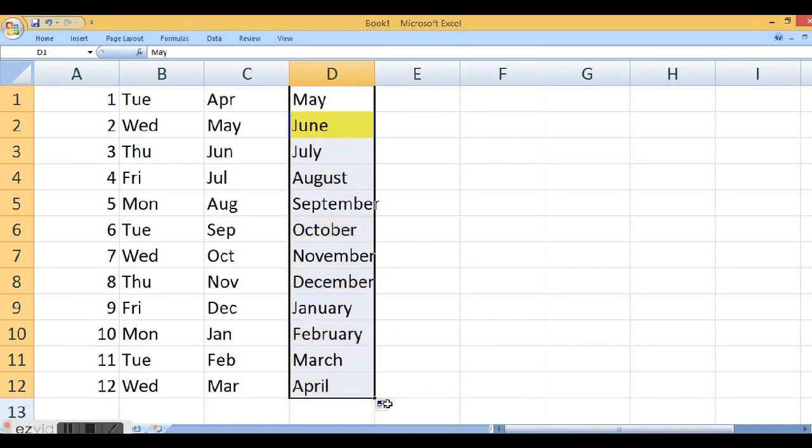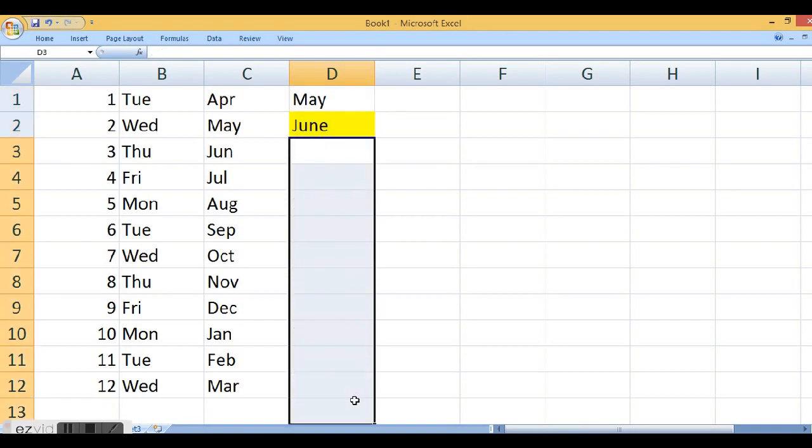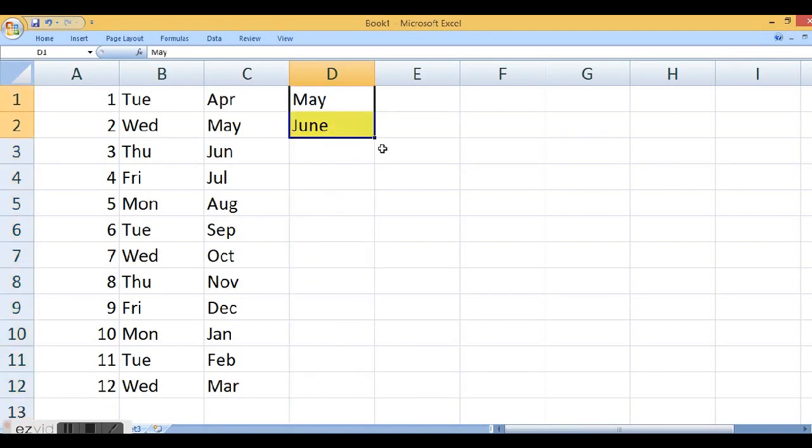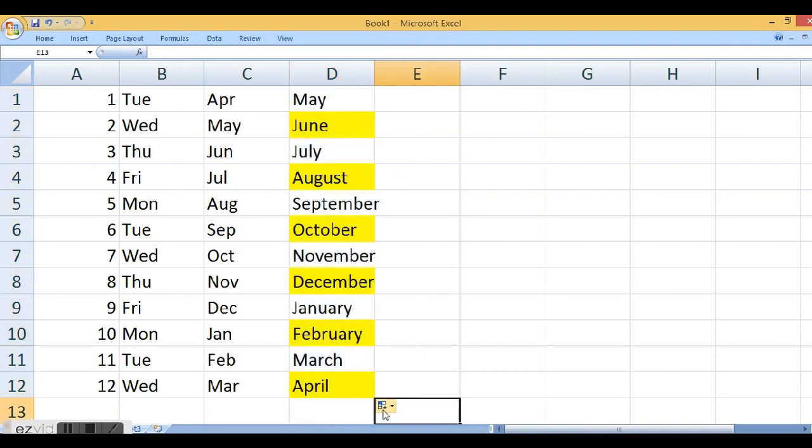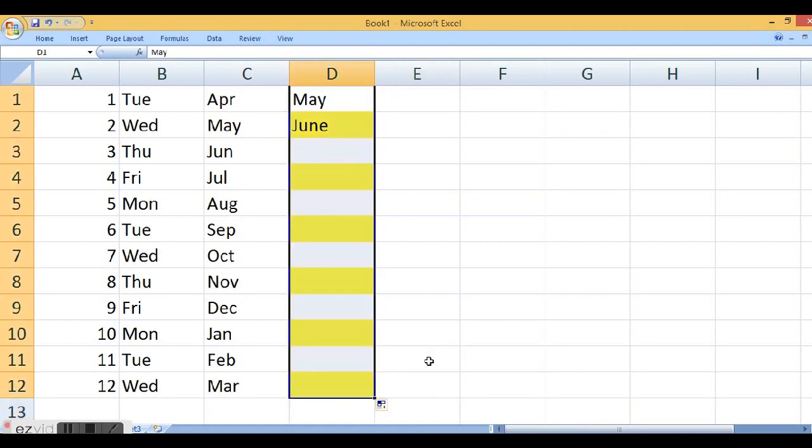Or if I always want the data not to be copied, only the format copied, choose fill formatting only, so it automatically fills the format, not the data. So with this fill handle, you can use it effectively.